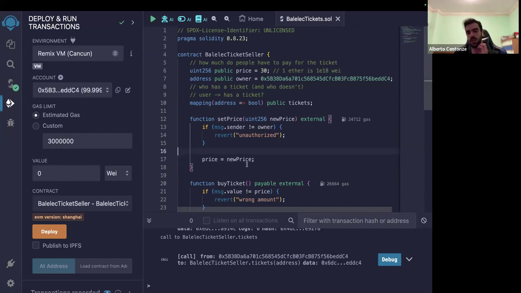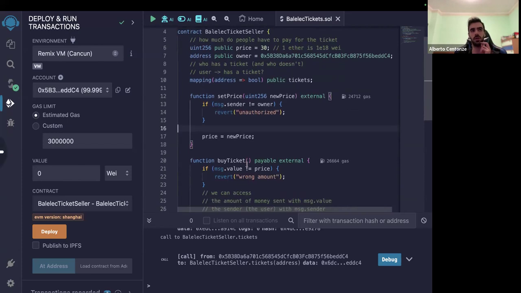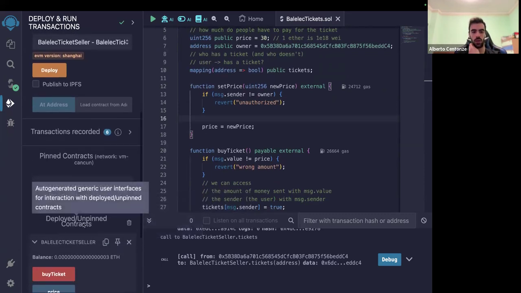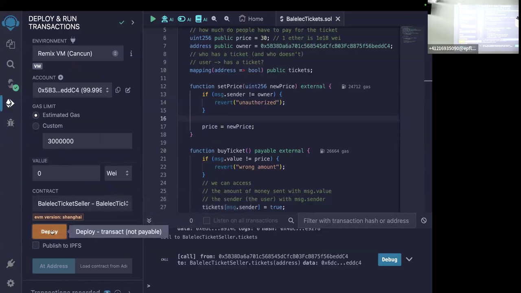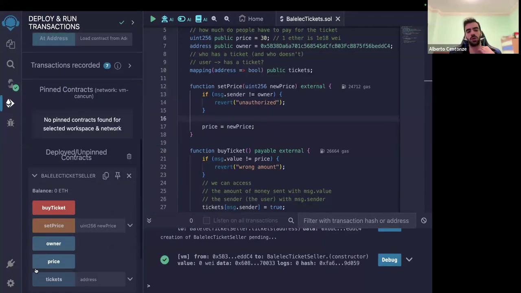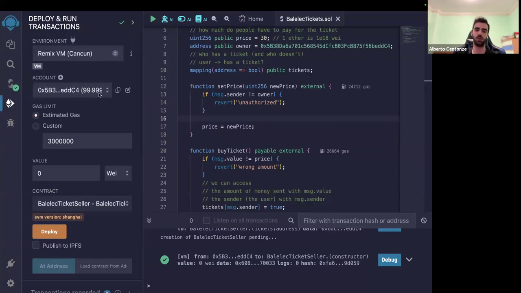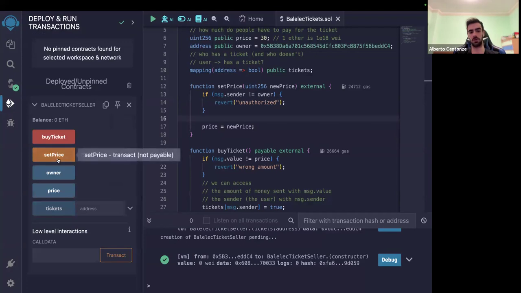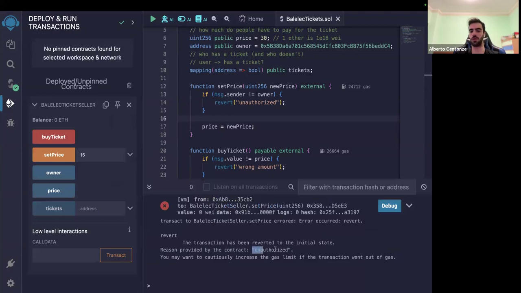And now we can test this out. So if I didn't miss anything, this should be fine. So we just go here and we can delete the previous instance of the contract. I deploy the new contract. And here I'm actually gonna do the opposite first. So I'll try to change the price, but let's try to change the price with someone that should not be able to change the price. So let's pick another address like this one. And let's try to set the price to 15. See, the transaction here reverted. So we can see the error is unauthorized.